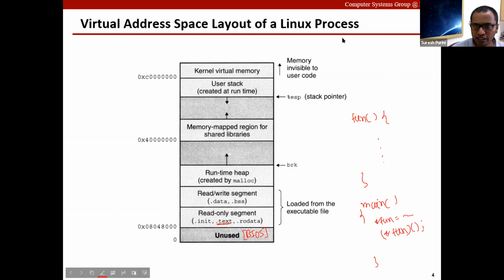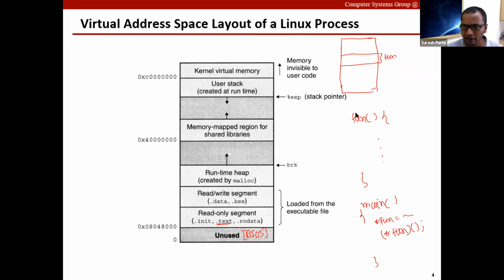So this is your program, and this is your main memory. In the main memory, the instructions of program fun are present. fun points to the first instruction of this fun function. So when you try to do star fun is equal to something, then you are actually trying to modify an instruction of fun. Or even if you do something like